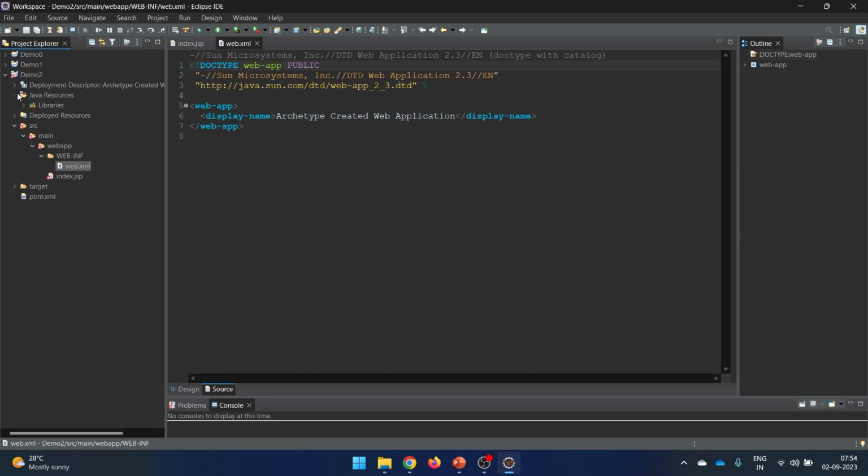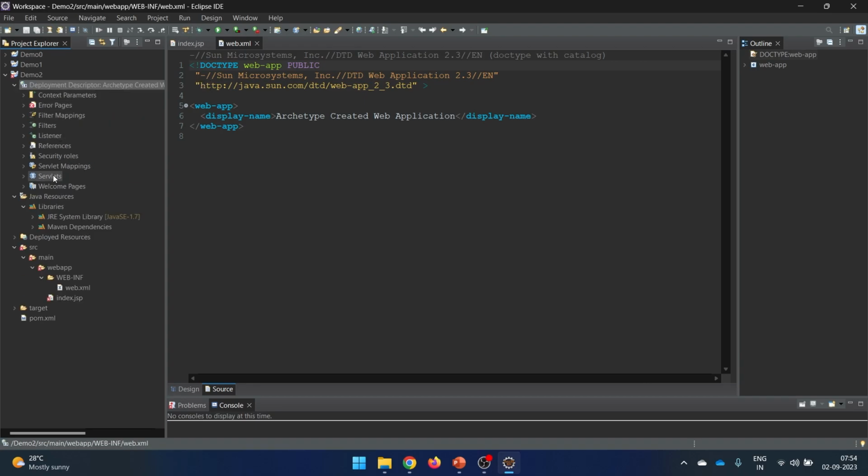Then we have the Java resources under which we have libraries, and currently it is pointing to the 1.7 version. And in the Maven we are just getting the default JUnit and Hamcrest core. So those things are also there. And then here we have something like a deployment descriptor. So this is going to look something like this, but the moment you double click, it will open your web.xml